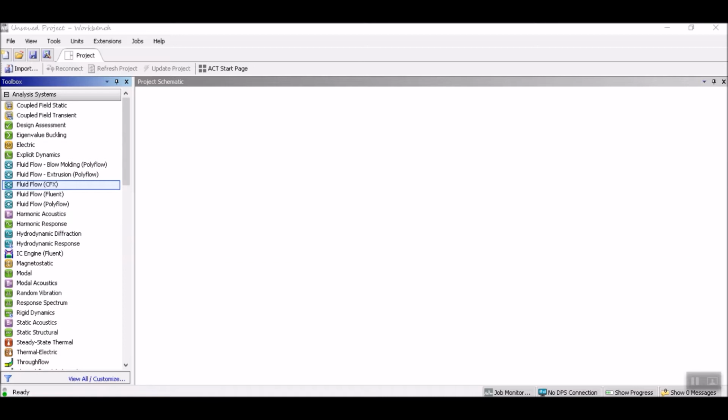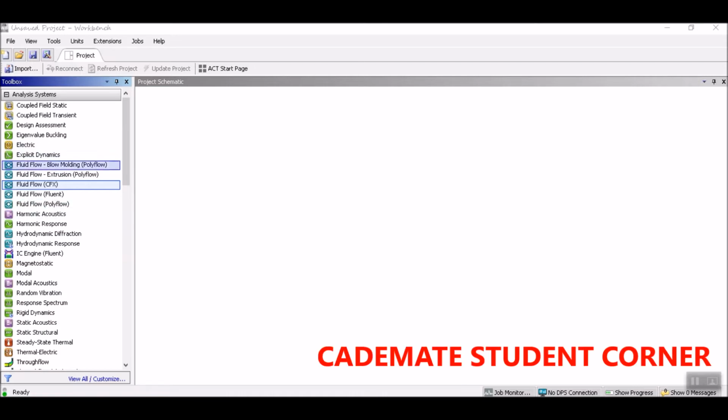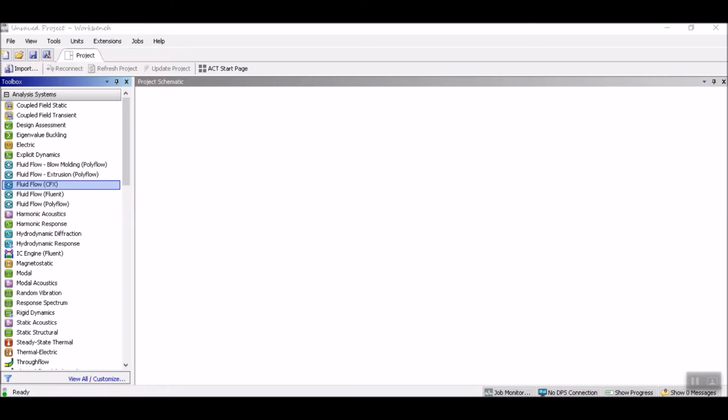So what kind of modules do we use in ANSYS in daily life? First is fluid flow: CFX, CFD, Fluent, ICEM CFD, ICEM CFX, Polyflow, blow modeling, extrusion. This is also part of CFD.